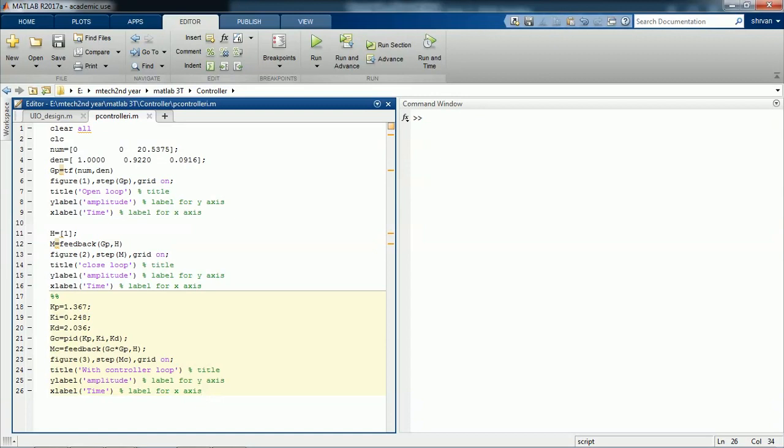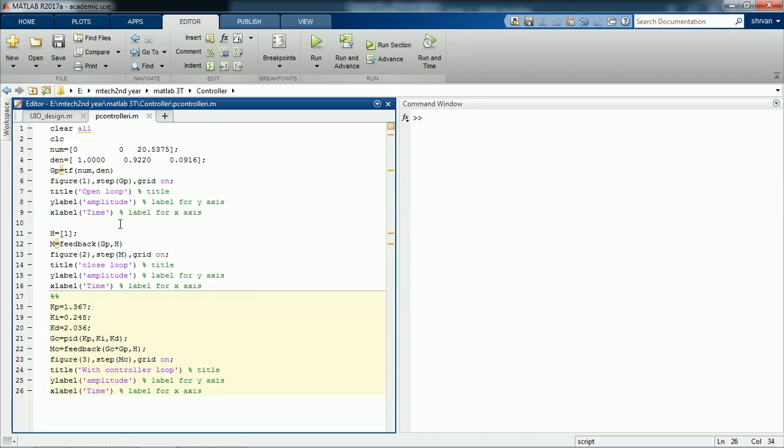In this video session we will be discussing PID control design using MATLAB code as well as Simulink. PID: proportional integral derivative control. The combined operation of these three controllers gives a control strategy for process control. The main concept of a PID controller is that it manipulates the process variable with the help of proportional gain, integral gain as well as derivative gain.